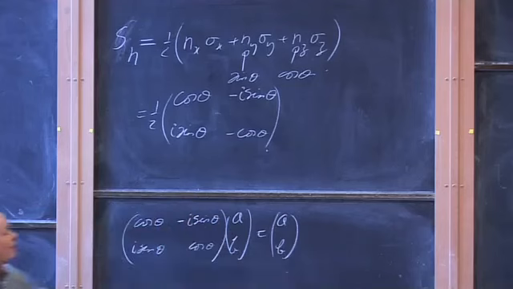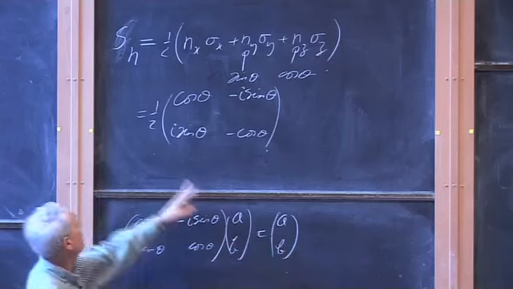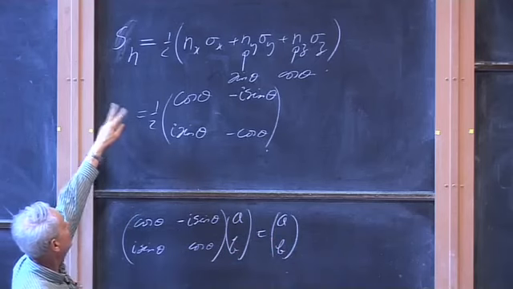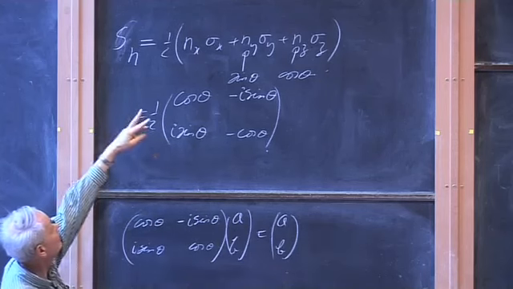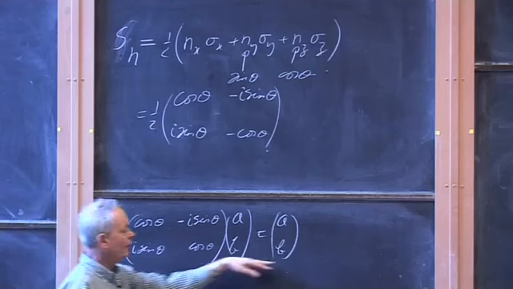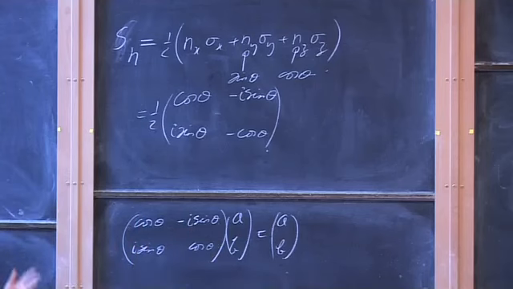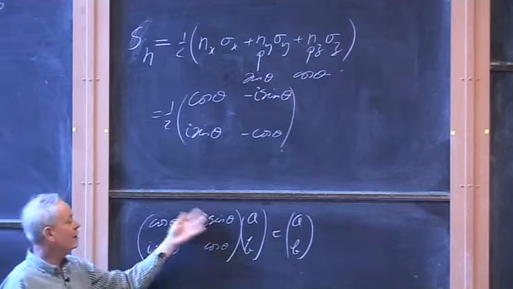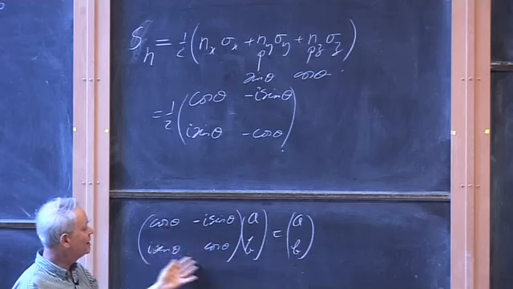This eigenket, this vector has to be an eigenket of this matrix with eigenvalue 1 in order that it's an eigenket of Sn with eigenvalue a half, right? Because the original expression was Sn on this equals a half of that, but here is a half. I can cancel on the two sides. So I'm looking for the eigenket of this operator with eigenvalue 1. Notice I don't waste my time finding out what the eigenvalues of this matrix are. I know that because this is